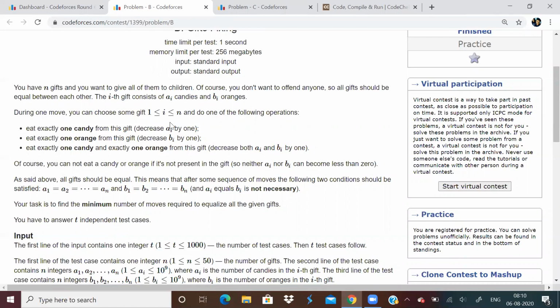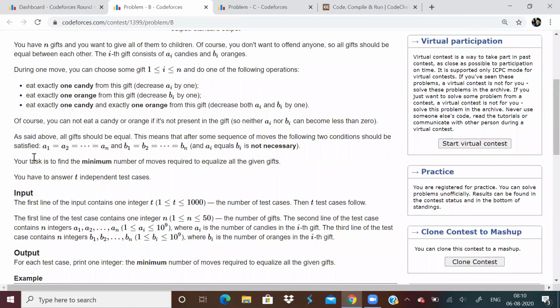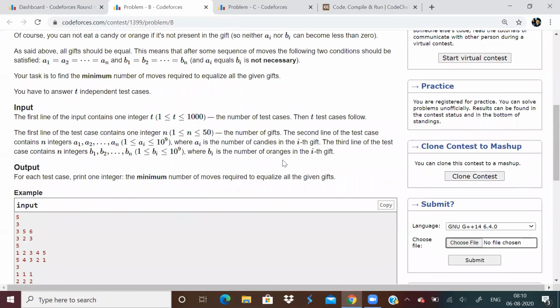Eating means decreasing by 1. We need to make a1 equal to a2 equal to an, and b1 equal to b2 equal to bn. But we have to find the minimum number of moves to equalize.